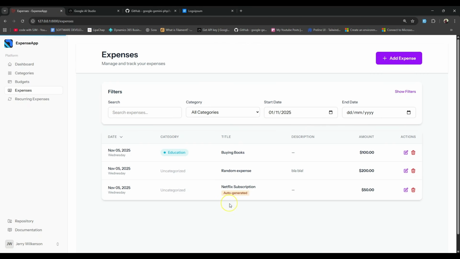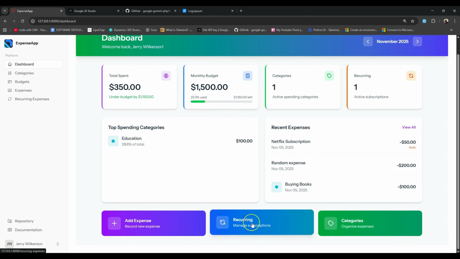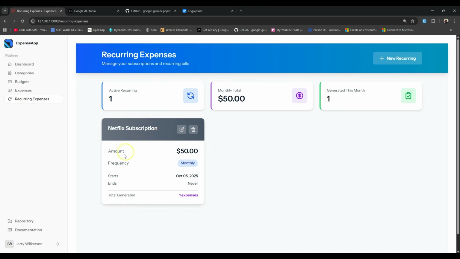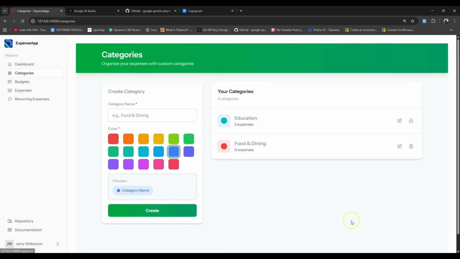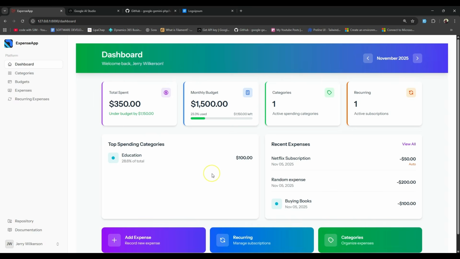If you go back to the dashboard again, you can manage the recurring expenses from here. It will direct you to this page. If I go back, I can manage the categories from here, and you can see everything is working as we expected. So the last thing that we need to do here is to show